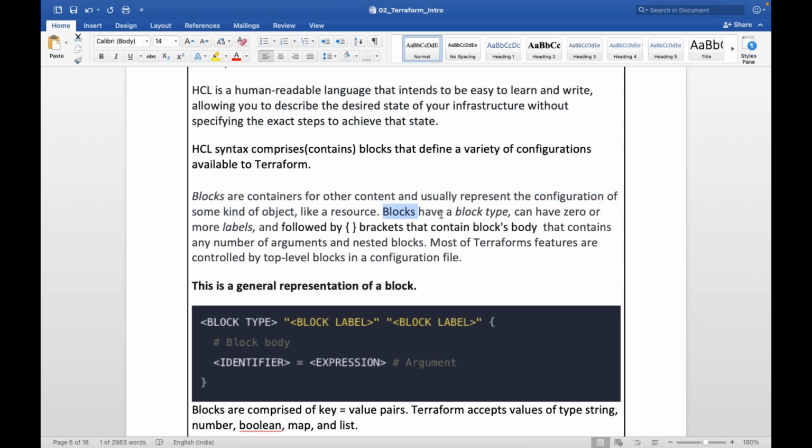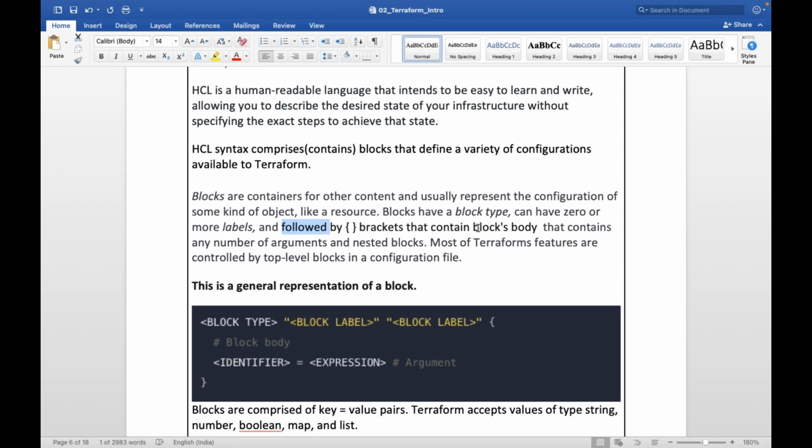Blocks have a type. This is the general representation of a block. A block has a type and can have zero or more labels, like this is one label, space, another label, followed by curly brackets.